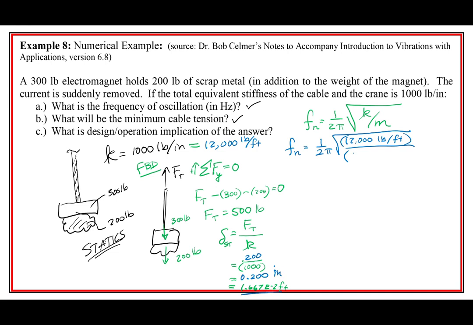Okay. But now the mass of the thing is the 300 pounds, and we're going to divide by 32.2 feet per second squared. Now we remember that when we do this, that'll turn these into slugs. So we needed to turn those into slugs. So when we get down into Fn,